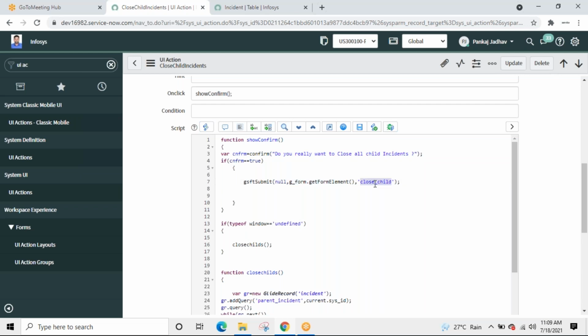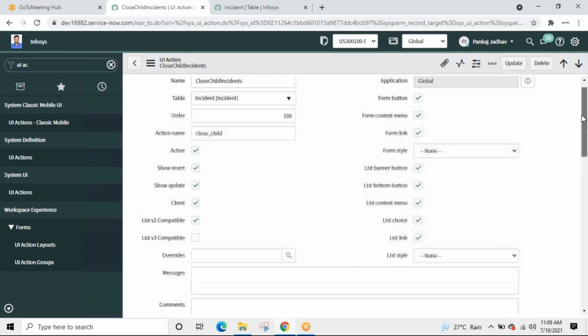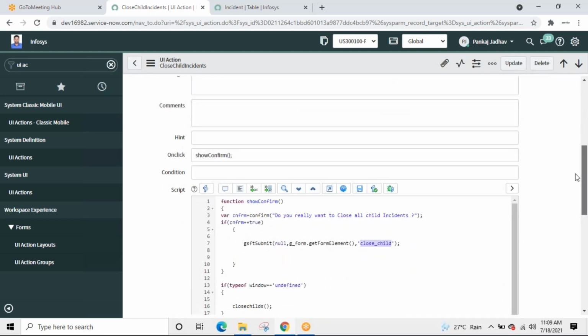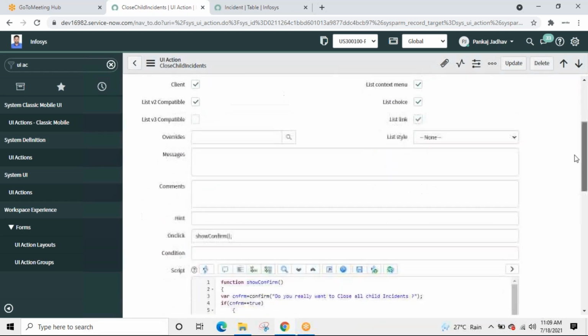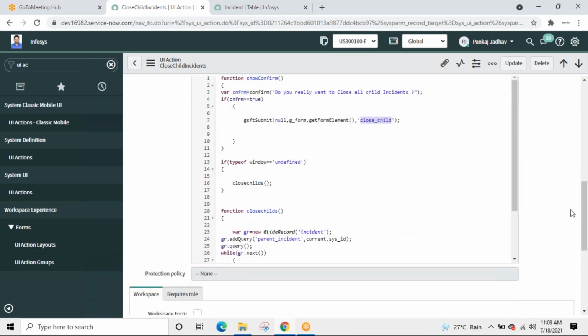This can be any action name, but in that case, it should match with whatever we have written over here. Once this matches, ServiceNow understands that there is a server-side script written below that I have to execute. It will come here. This will remain as is every time. So write this, and this can be anything. This can be even Pankaj. In that case, here it should be Pankaj. Custom function name. Once it calls this, it passes the control over here,